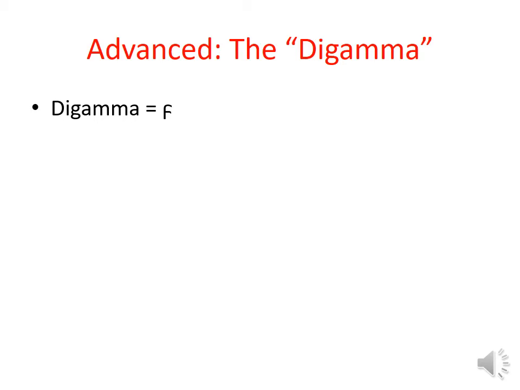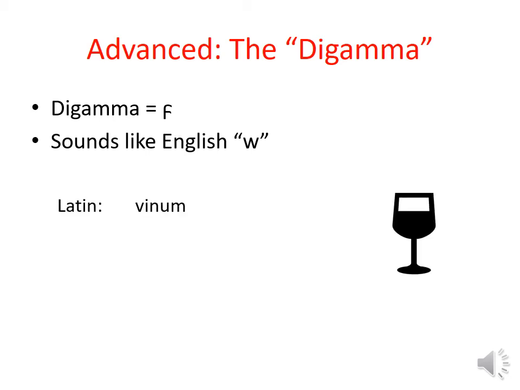And the digamma dropped out of the alphabet early on, before our earliest written Greek literature. And when that happened, it caused all kinds of problems for words because of the lack. Words made up for its lack in various ways, as we'll see in just a second. It was pronounced like an English W, wa, and if you've taken Latin, you know that the Latin V also was pronounced like wa. So if you look at the Latin word for wine, vinum,